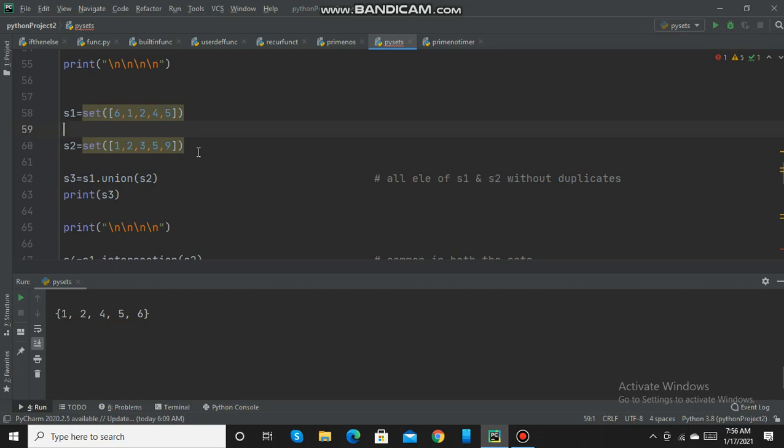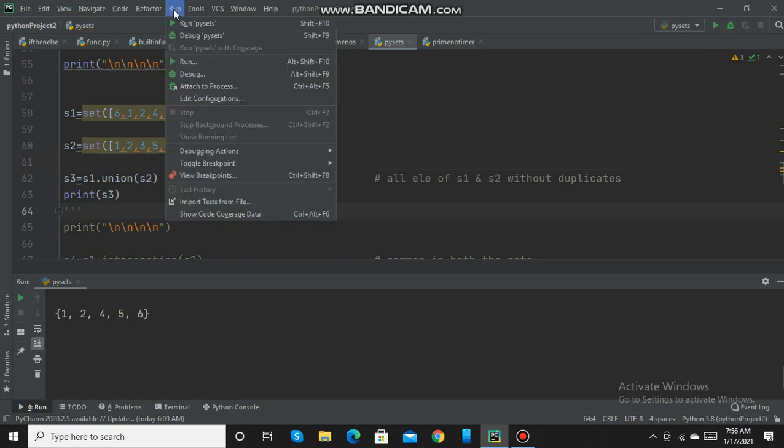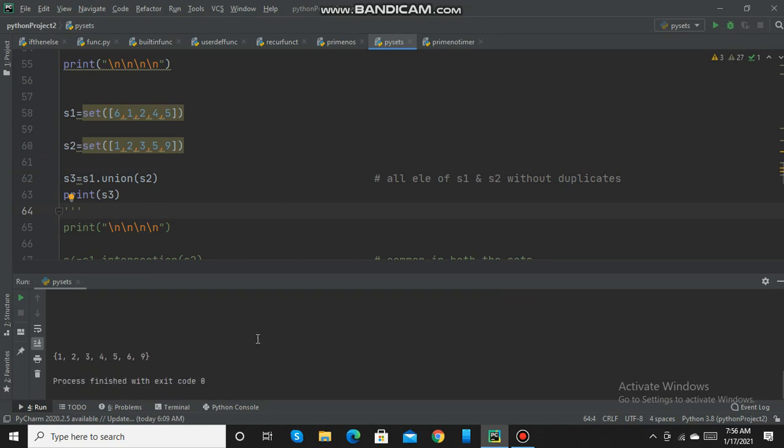In other words, distinct elements from both the sets will be returned. So here all the distinct elements have been printed from both the sets: 1, 2, 3, 4, 5, 6 and 9.